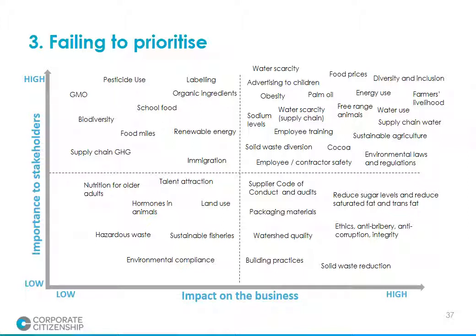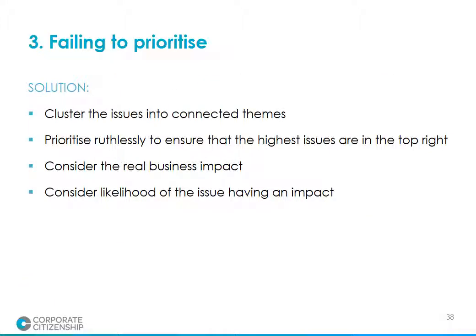But also some of these issues point to a larger issue, as we talked about earlier. So the more you list, sometimes the more confused a reader can get. So what is really important is to prioritize them as ruthlessly as you can, as they say. It's not possible to put all of them in a matrix, let alone manage and report on them. So next slide, please. It's important to cluster the issues into interconnected themes, to prioritize ruthlessly, as we said,